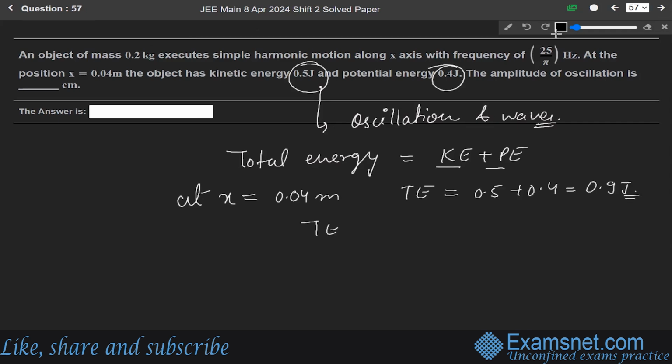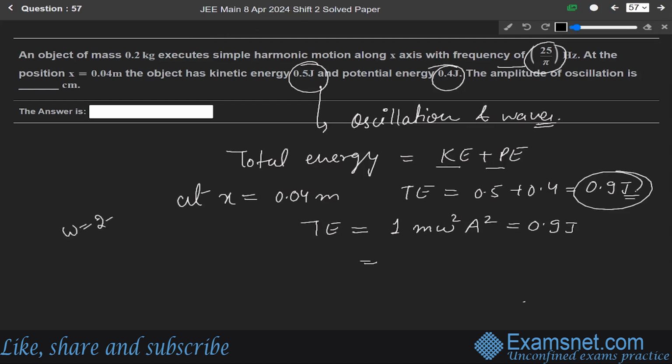So total energy for this harmonic motion is equal to 1 by 2 m omega square a square, and it is equal to 0.9 joule. Frequency is given as 25 over pi hertz and omega is equal to 2 pi f. Always remember, if we are given the frequency and we have to find omega, then omega is equal to 2 pi f. And mass is given as 0.2 kg,